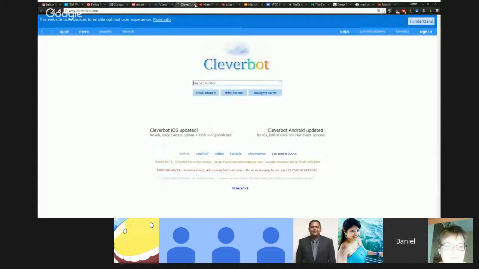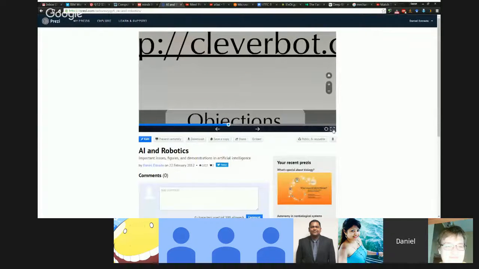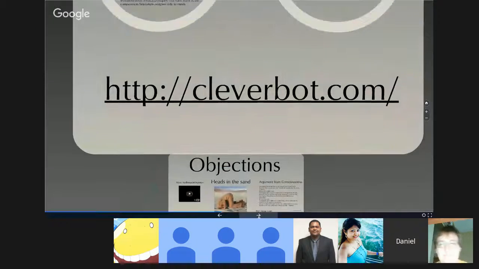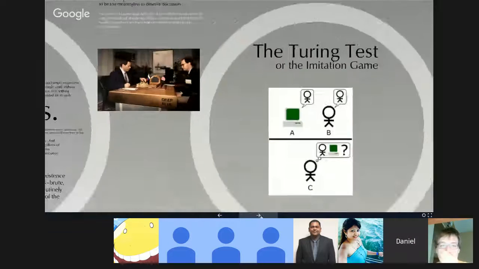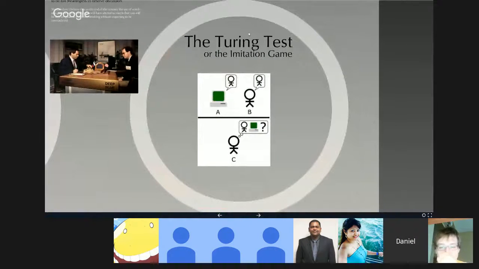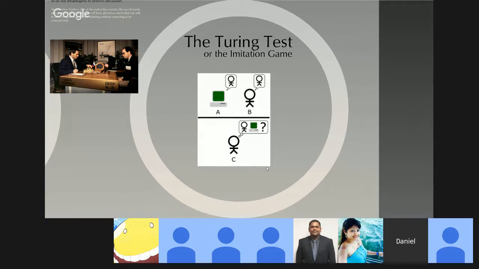So there's lots of other stuff to talk about. I'm sort of running out of time, so I'm going to run through this. In Turing's paper, he gives the imitation game as an alternative to the question, can machines think? He doesn't think we should ask what the machines are made of. He doesn't think we should ask how they're processing. We should ask what they do, what tasks they are capable of performing, and how good their performance is. Does their performance match human performance or exceed human performance?